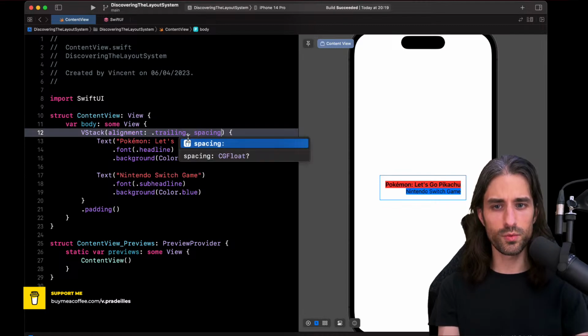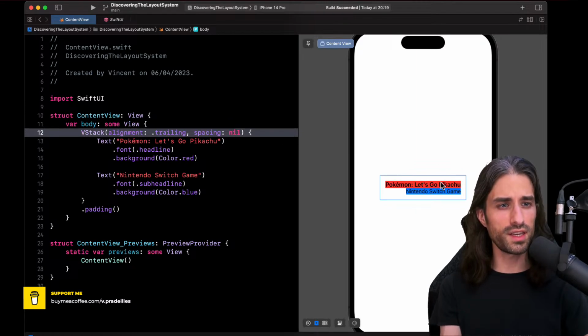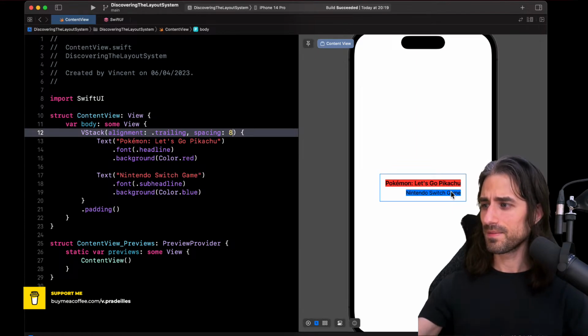The second argument was spacing. Remember, by default, the value is nil. In that context, SwiftUI considers that 0 is a good spacing, probably because there is already some slight spacing included inside the text. But we can provide another value, for instance, 8. And now we can see the spacing appearing. And thanks for the suggestion of putting some colors, because the spacing becomes much more clear and visible with the extra colors.